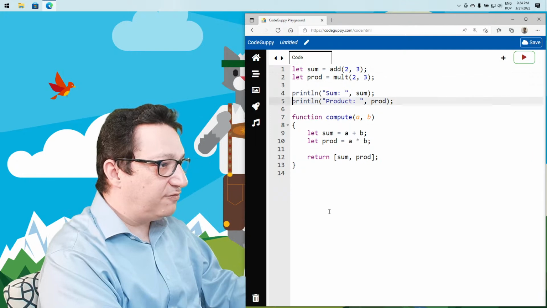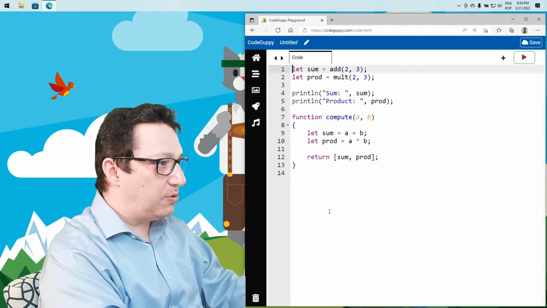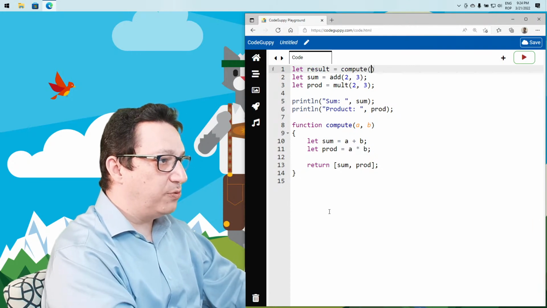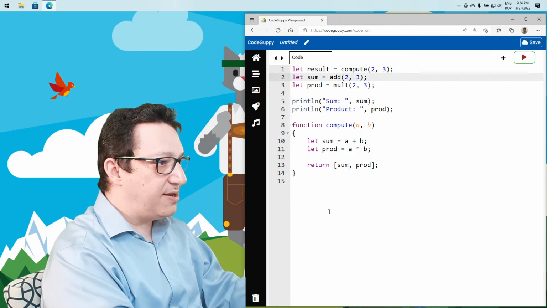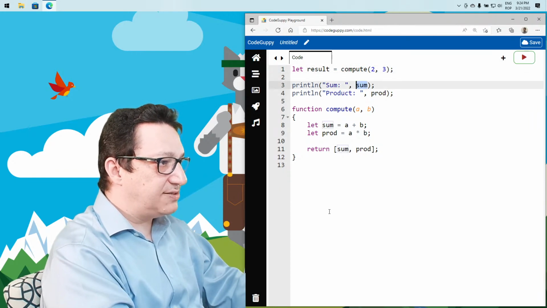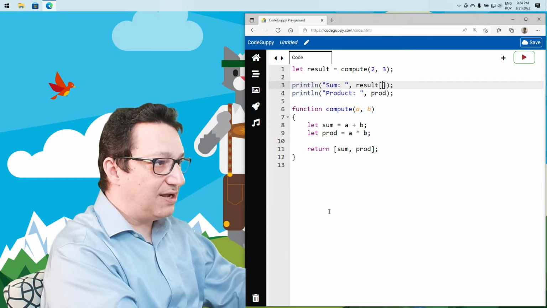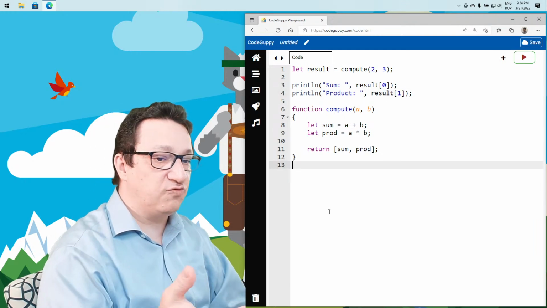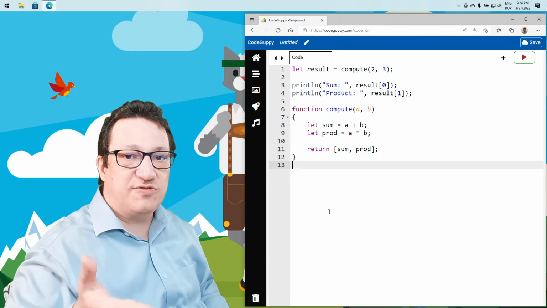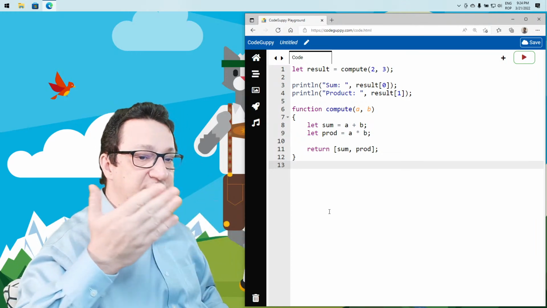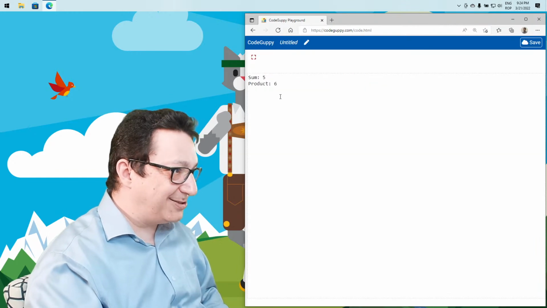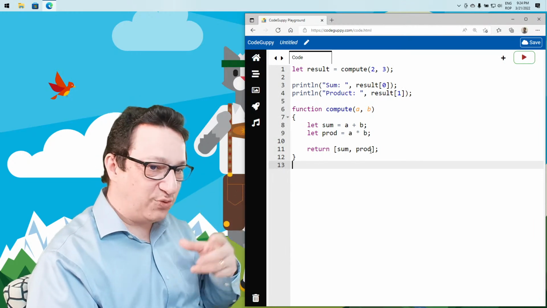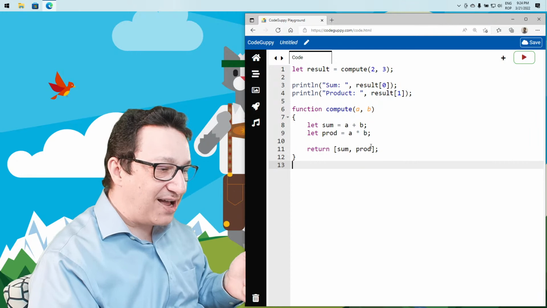Now the question here, we'll have to use them differently. So we'll have let result, let's say we invoke compute with numbers 2 and 3, and then our sum, it's actually result of 0. Remember, it's an array, and product, it's result of 1. Since it's an array, we have to specify the various elements by index, which is fine. It's returning 5 and 6. The problem appears if we want to have more and more elements, we start to forget on what position these elements are. Also,